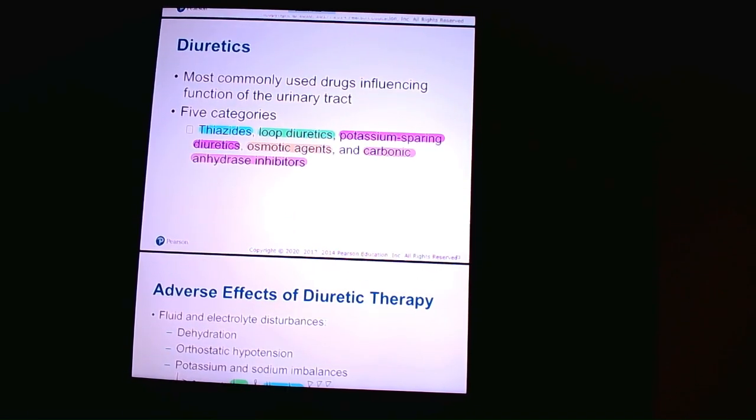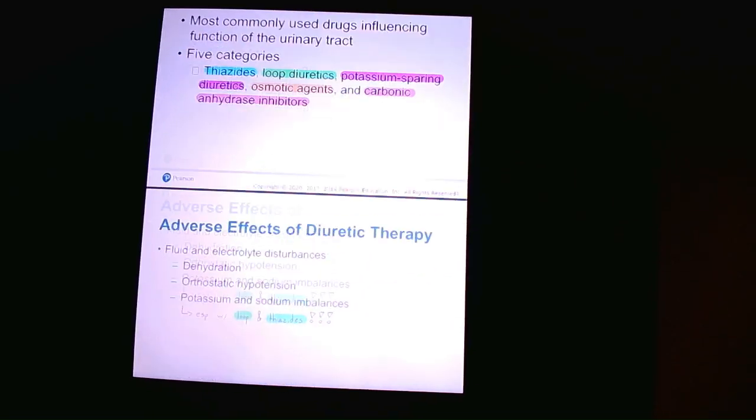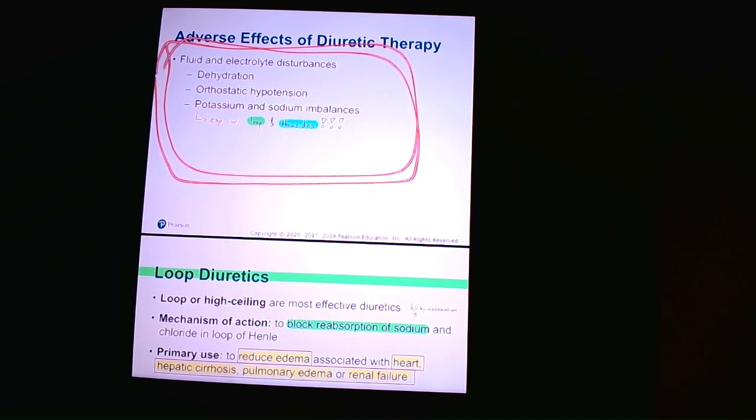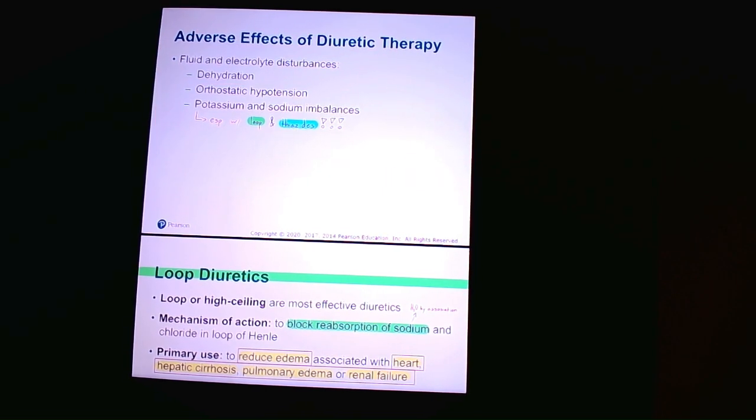Here are our 5 different types of diuretics, right? The most common ones are thiazides, loop, and potassium sparing, and these osmotic and carbonic anhydrase are a little bit rarer, and they're very, very specific in why they're given. So that we'll touch on a little piece, right? Biggest thing, most of these all have the same adverse effect. Dehydration makes sense because you're making a lot of urine,